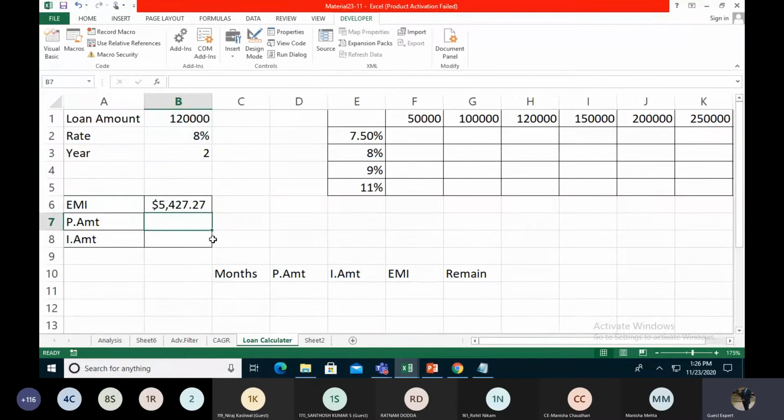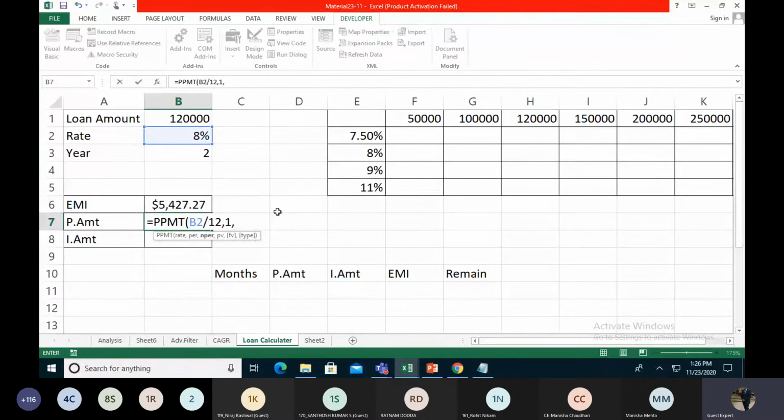So there is 5,427 as the EMI. The EMI includes both things: first, the principal amount, and the interest amount. So we take the principal per month transaction, PPMT. In PPMT, they also ask for rate, per, nper, PV, FV, and type. So we take the rate, that's 8% divided by 12.